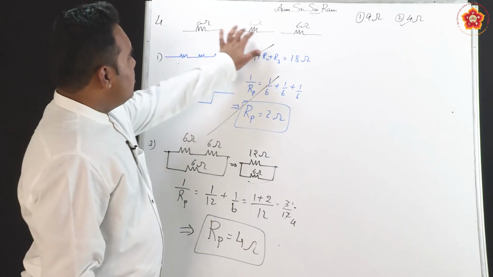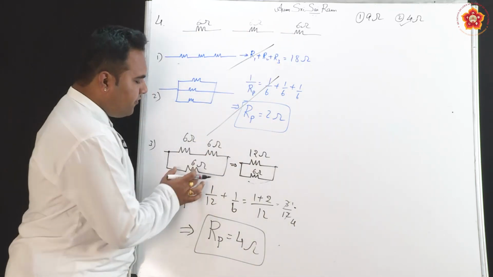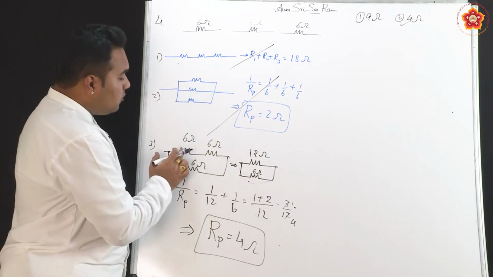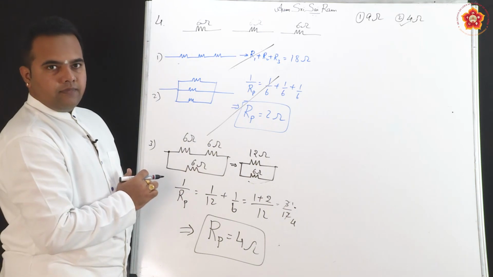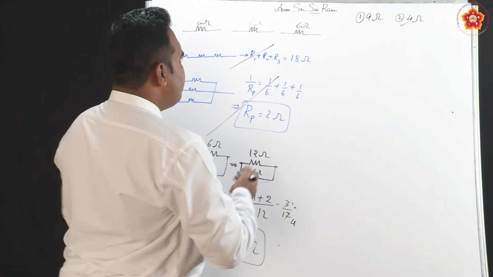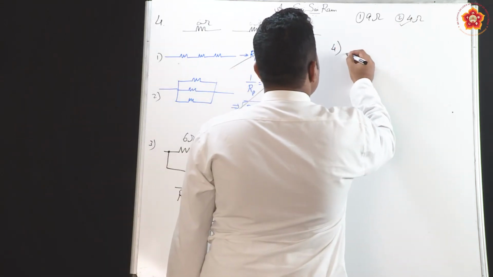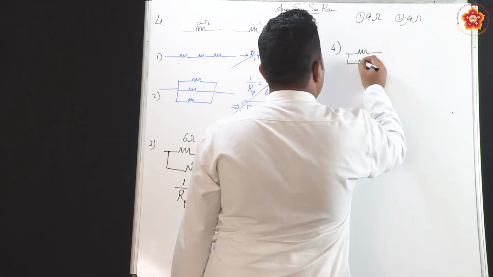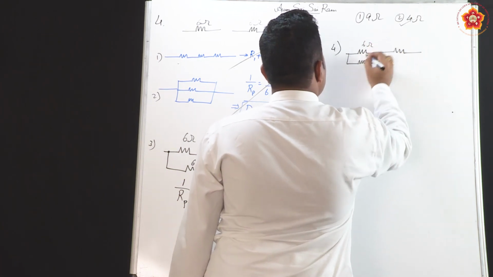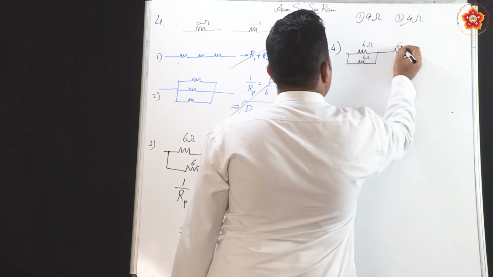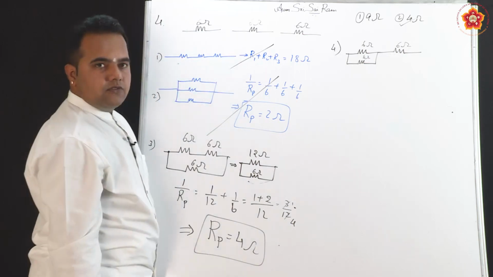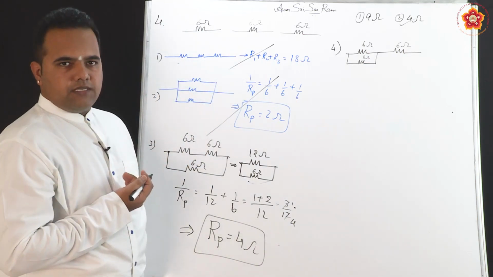So with 3 6 ohm resistors, if you combine them in this particular fashion, we have verified all in series is wrong, all 3 in parallel is wrong. Now, 2 in series and 1 in parallel, we have got this. Now, what is the fourth option left? 2 in parallel, 1 in series. So 2 resistors in parallel, and a single resistance in series with them. So 2 6 ohm resistors in parallel and 1 6 ohm resistor in series. That will complete all the 4 combinations for us.